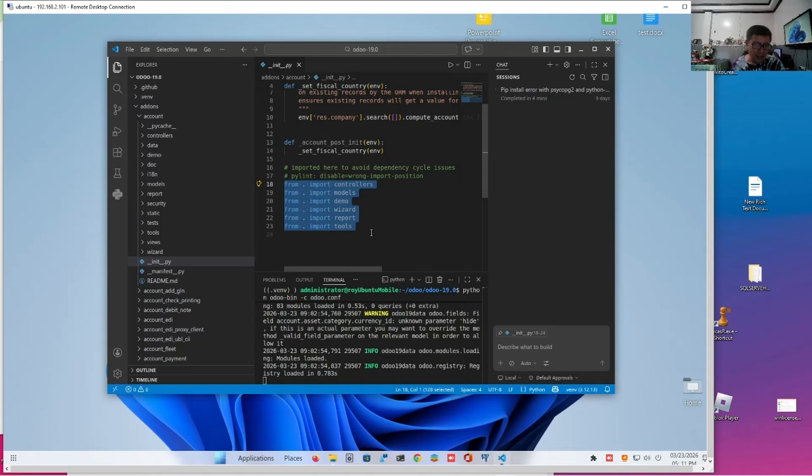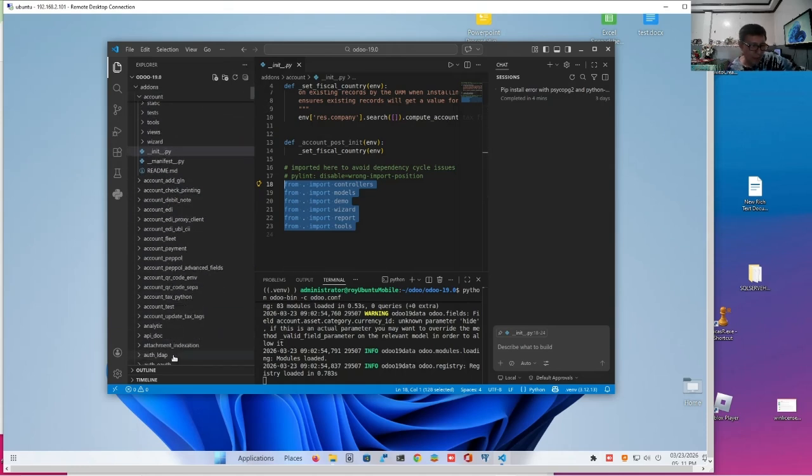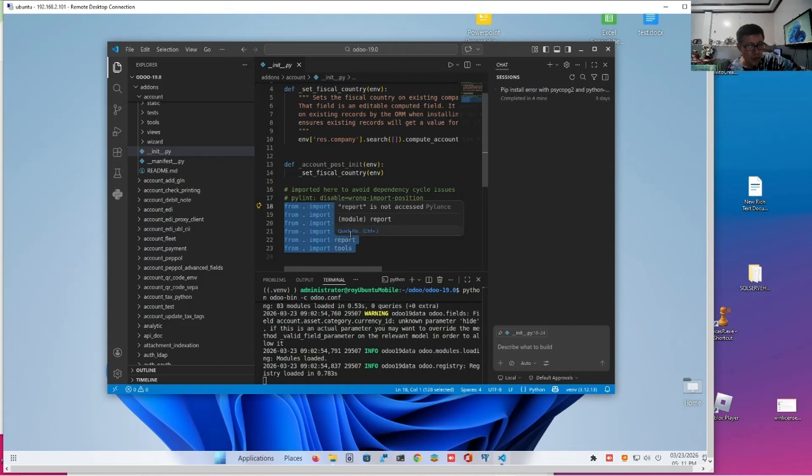Everything that's included in the init.py will be included in the compilation. For example, we have add-ons, and then under add-ons you have init.py. Init.py may not just import a file itself, it will also import a whole folder.